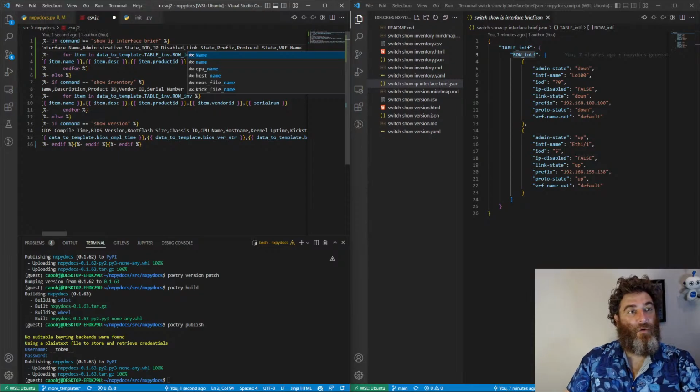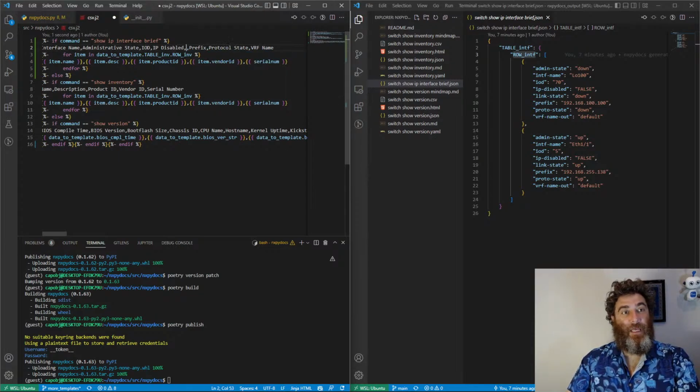We can put these in any order we want. Maybe having link state after administrative state is better. And then protocol state, let's bring that over too. So administrative state, link state, protocol state,